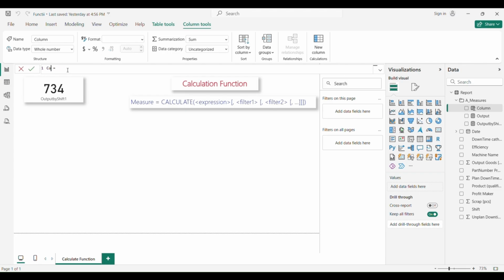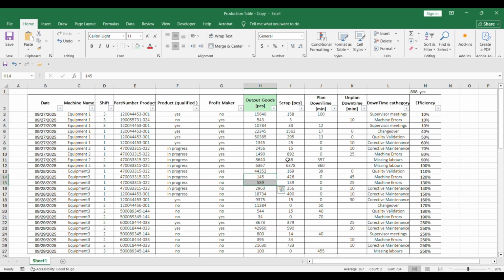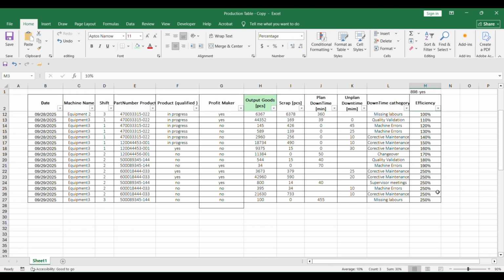So we can say output for maximum efficiency, and let's just go in our Excel. What I want to do now to filter is to get the output for minimal efficiency, and let's say maximum efficiency.